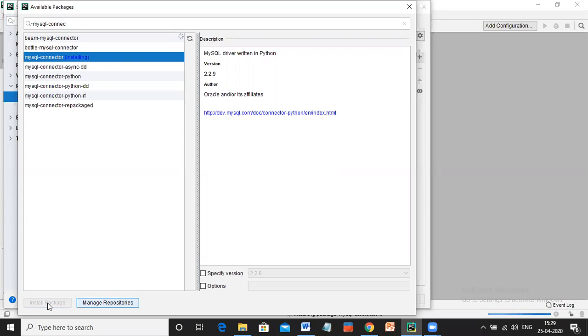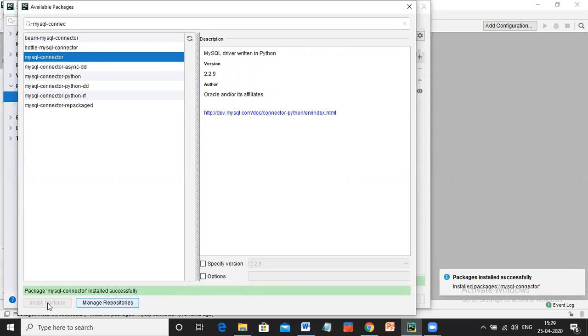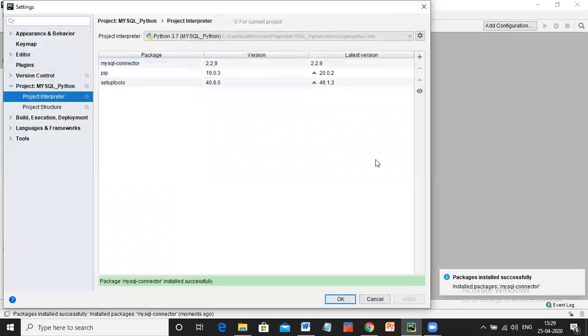Look, if you want to perform these practicals now, you have to go ahead with this whole setup. Then only these practicals what I'll be teaching you can be executed. So right now this particular package is getting installed. Here we have a message, package installed successfully. I'll close this right now. Here you can see MySQL connector is available for my particular project. So always remember, every project wherever you are working with MySQL, make sure you have this MySQL connector.